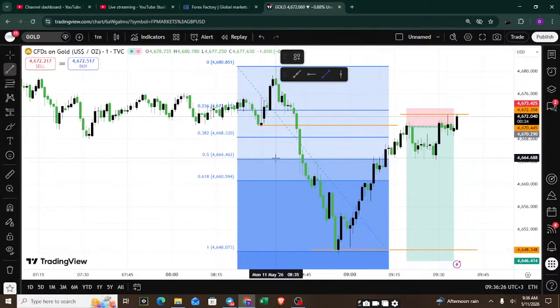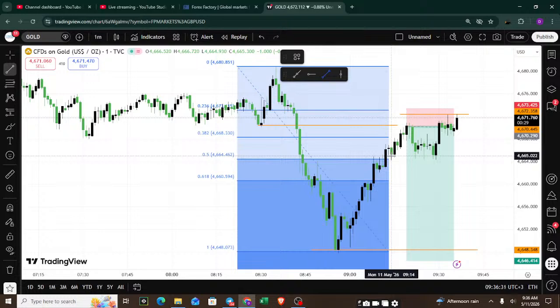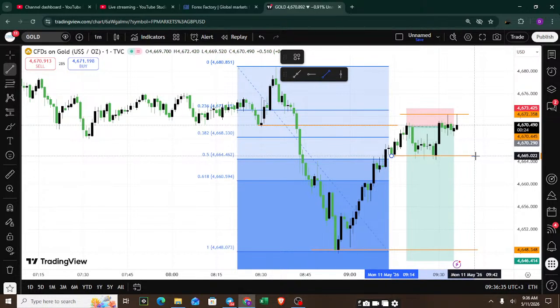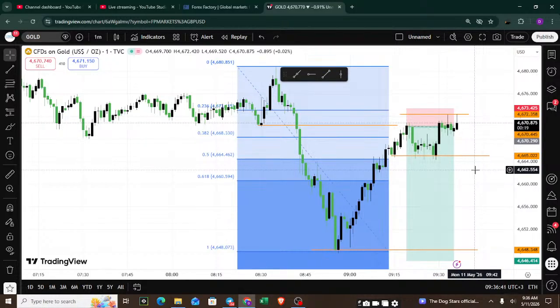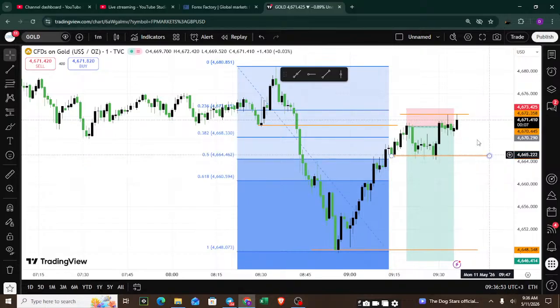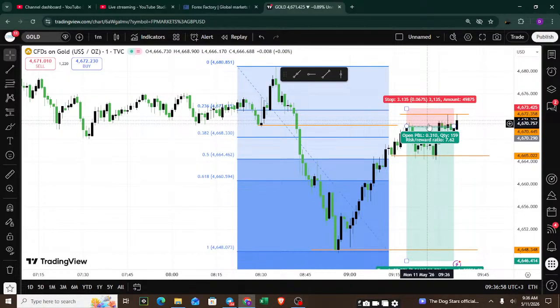So now, after cutting my losses, what next? The next action, the next logical thing to do is to wait for price to give us a clear hand. What do I mean? This level which I got in, this is what we call a sniper entry. A sniper entry, or a very clean entry.